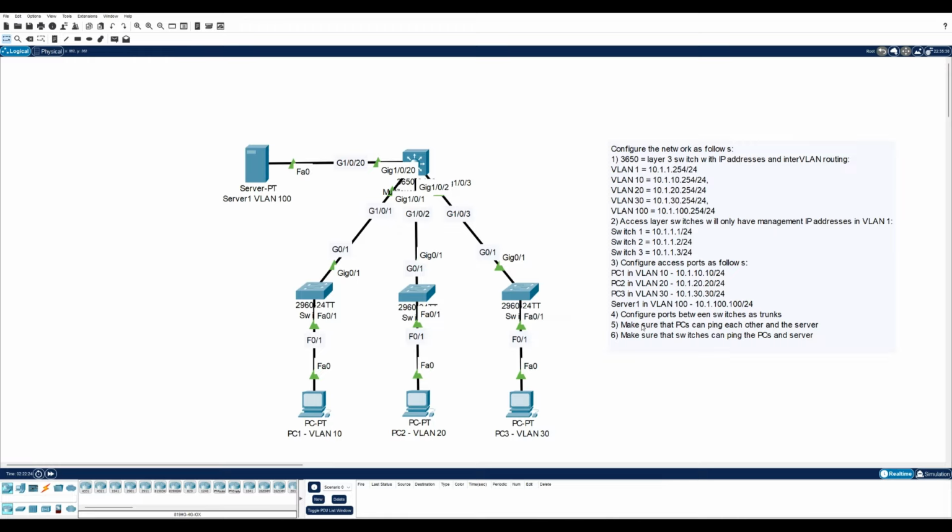Server 1, configure ports, so make sure PCs can ping each other and the server. Make sure the switches can ping the PCs and the server. Alright, so they can ping each other. Okay. PCs can ping each other. Yep, they can all ping the server for some reason here. Make sure the PCs can ping each other and the server. Make sure the switches can ping the PCs and the